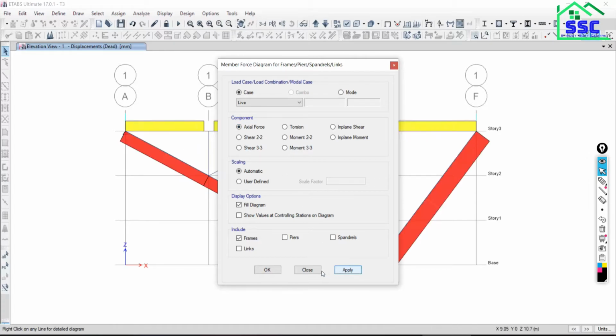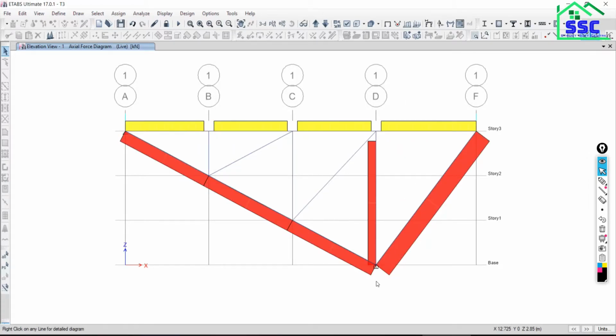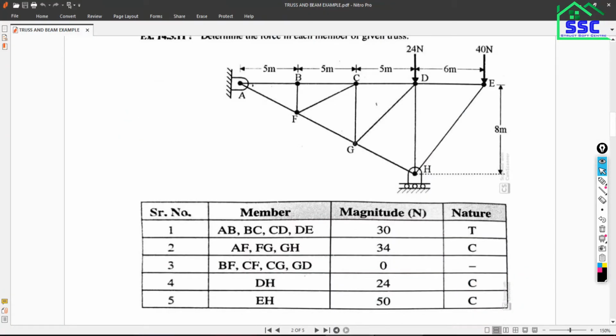Then say apply. Now see the result in the members. See the force in the members AB, BC, CD and DE. All the top chord members, having the force how much?